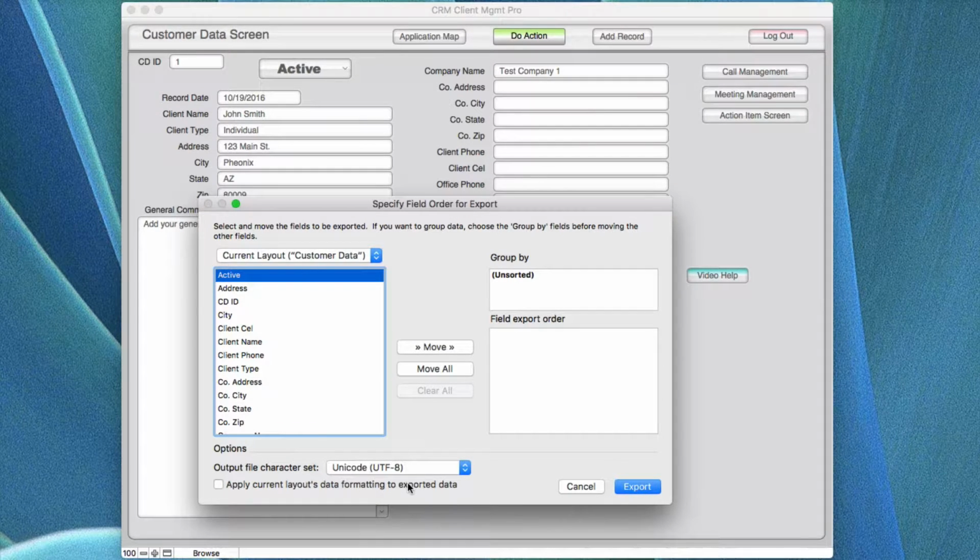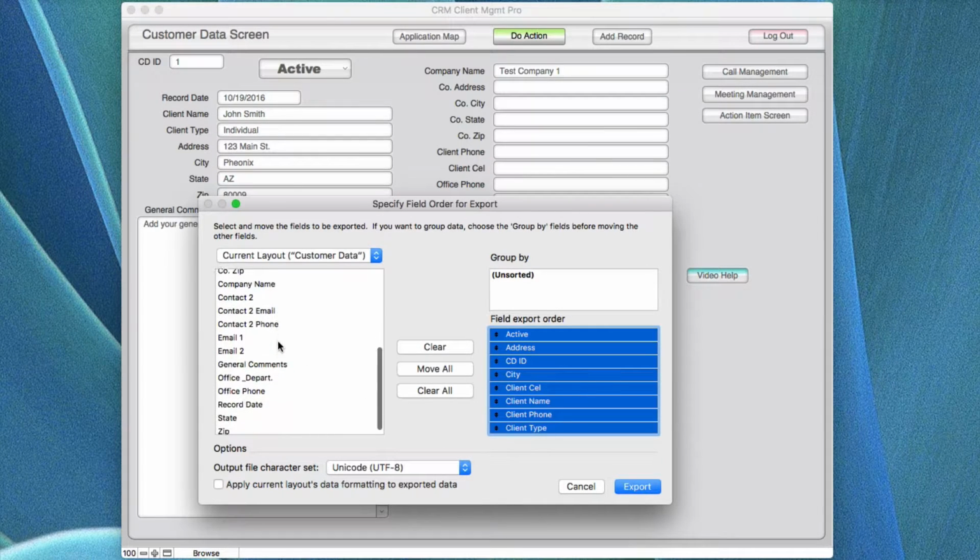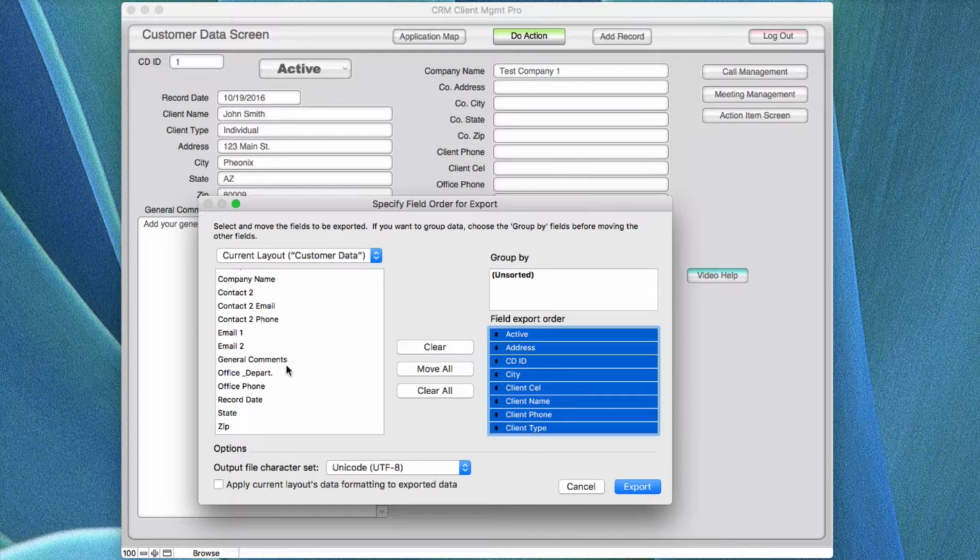and it's not something that's used that often. Or what you can do is say Move All and bring all the record data over in all the fields. And then we'd say, for example, you take them over to Excel, then you could delete or take out the things you don't want. Now some of the things that are in there are things that you don't want, I'm sure. For example, the general comments would not be something you'd probably want to take out